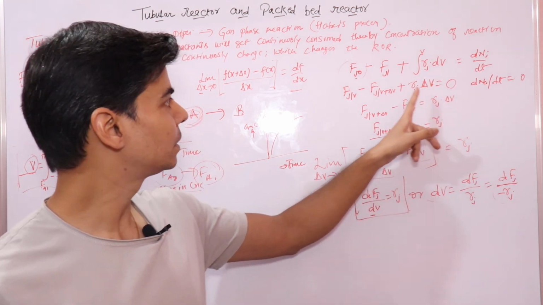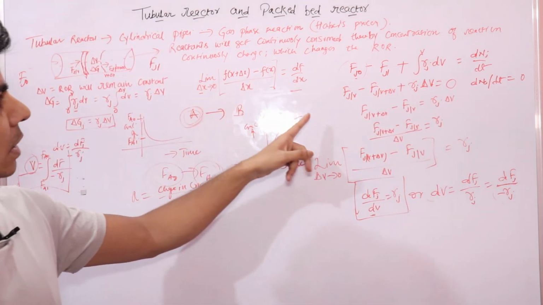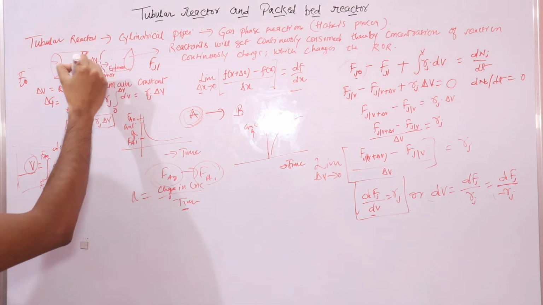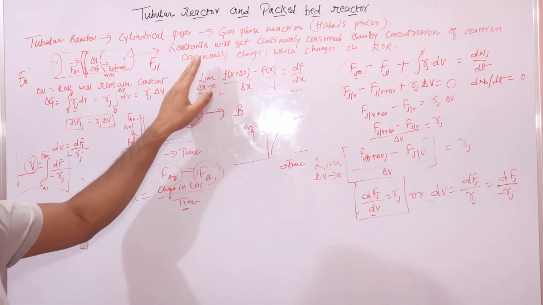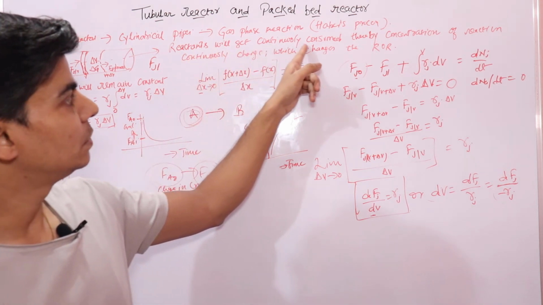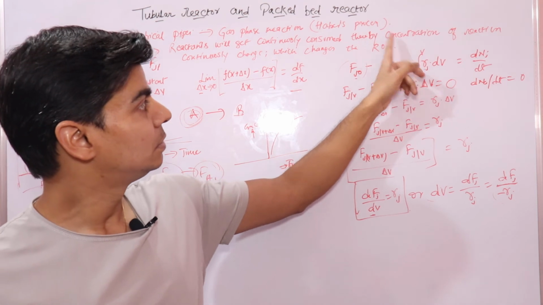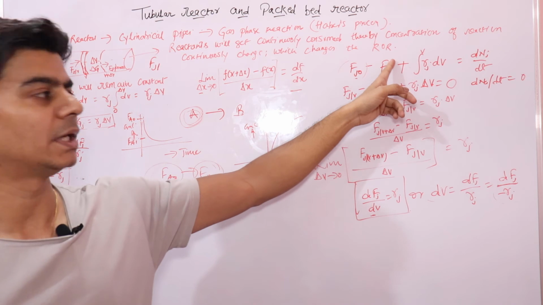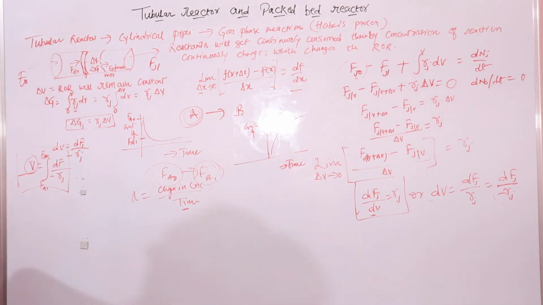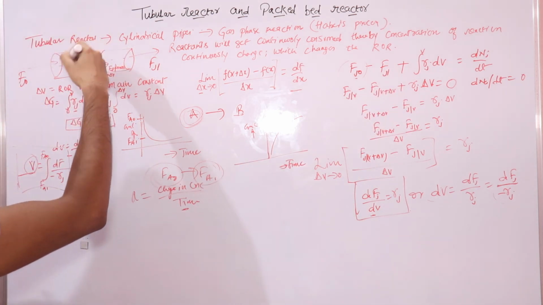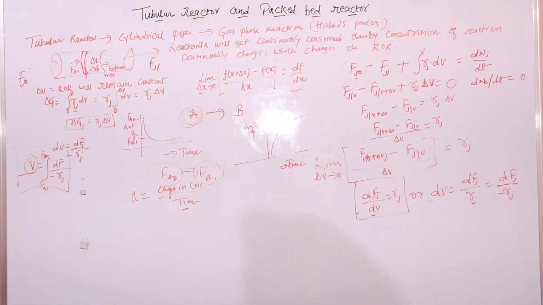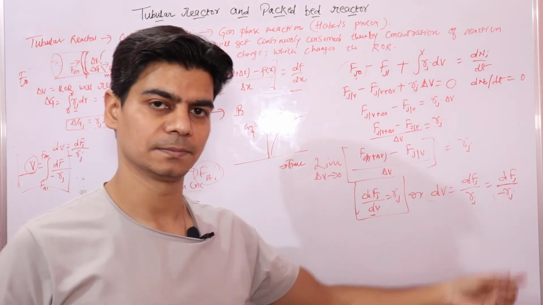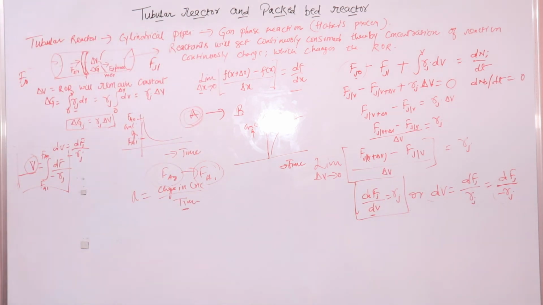This is the main concept we need to understand here: the small reactor volume that we took. Make sure you know that the reactants will continuously get consumed, so the concentration of reactants continuously changes, which changes the rate of reaction. That is why we considered this small volume delta V, applied the mole balance equation in it, and derived this relation. I hope this is clear.